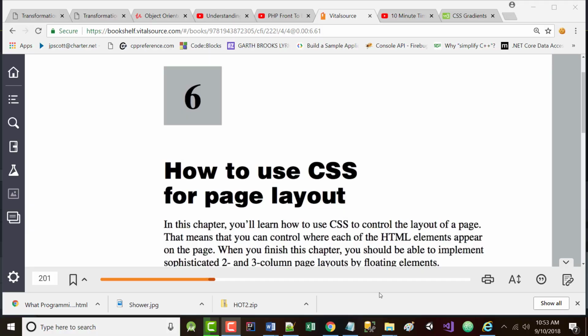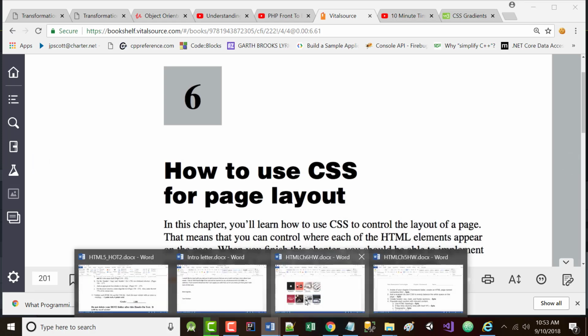All right, before we get into Chapter 6, let's talk about the homework pages that I just passed out. There's a front and a back to it. All right. Now, Chapter 5, the homework that's on there, let me just bring that up,